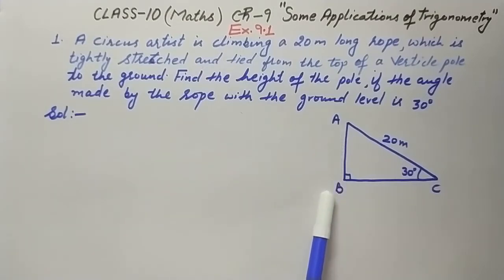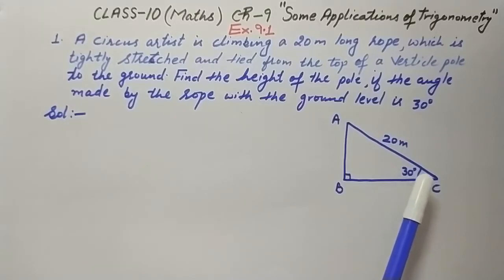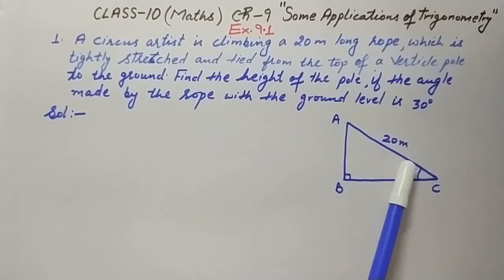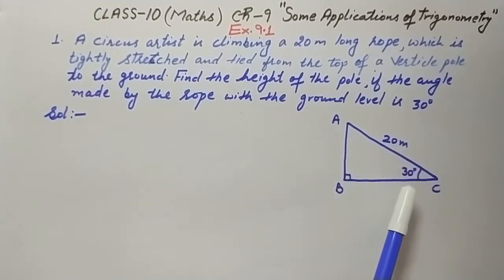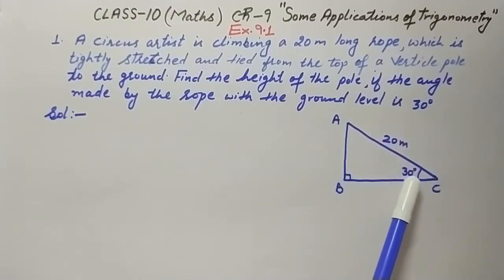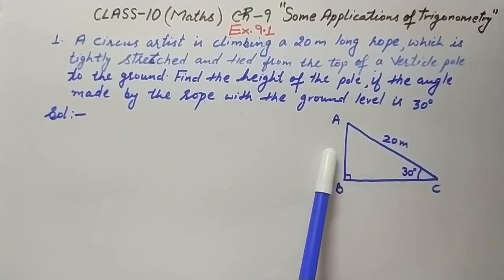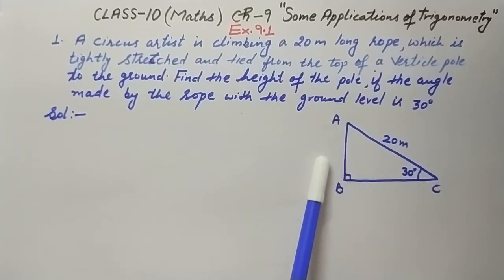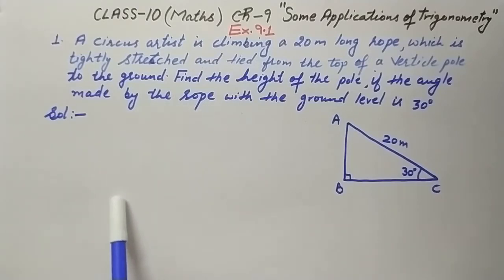We need to find out, and we will do this with the help of trigonometric ratios. And I tell you, if in a right angled triangle we have one acute angle with us and one side of the right angled triangle, then we can find out other two sides with the help of T ratios. Now we have AC side given, one acute angle is given, so we can find out sides AB also, BC also, but here in this question we need to find out AB only. So first of all we'll explain the question here, then we'll use here T ratios.